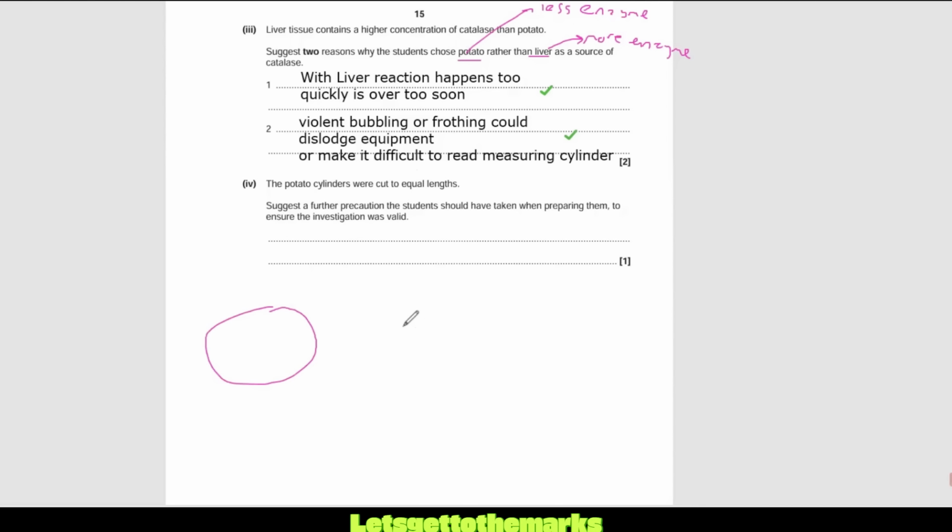So you've got your potato, and essentially they've been cutting cylinders out of the potato. What should they have kept the same about the cylinders of potato? They cut them to equal lengths. What we want to do, I mean, the width was controlled by the potato borer, the thing that cuts into it. I would say the species of the potato, the species or variety of potato. They might say variety rather than species. So it's like a subspecies. So the species or variety of potato.